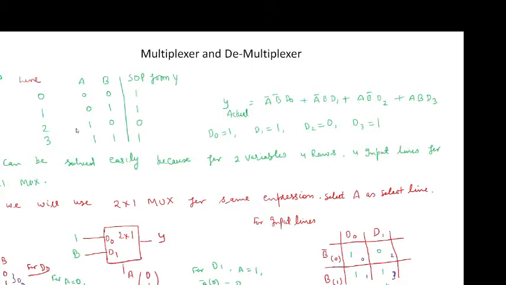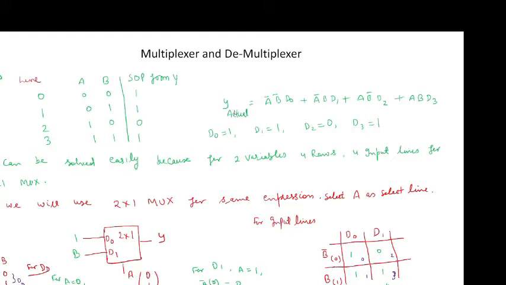In the expression you see that in SOP form 2 is not present, so we will write here output as 0. Now for AB equal to 1, 1, it lies on line 3, so 3 is there in the expression, so we will write output 1.